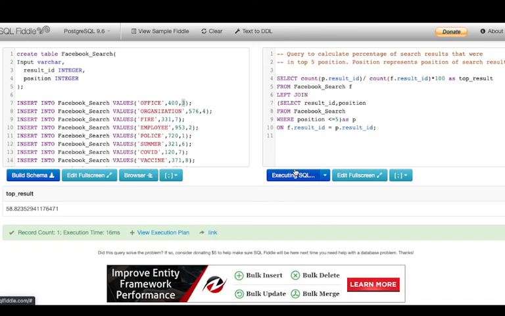Let us see what we get. Oh, we got 0, because when we are dividing two integers we get integer division, and it is not going to display the decimal until and unless I convert it. So this is one thing which I also learned while solving this question. Alright, so need to make the changes accordingly.